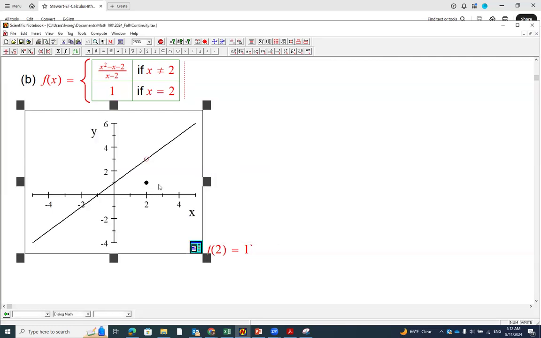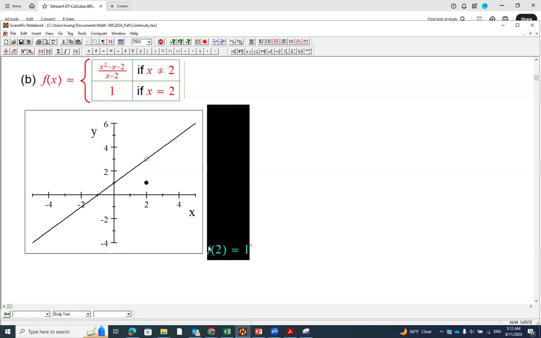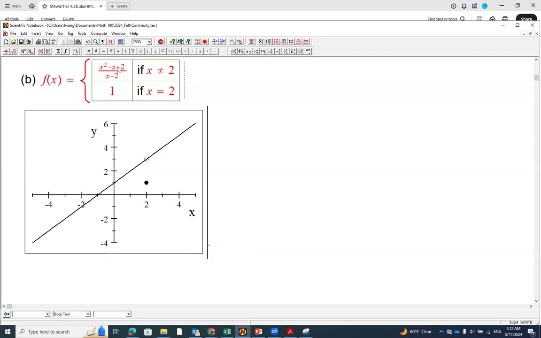As soon as we see this, we know what the problem is, because we analyzed our situation. I'm going to put this, it's not necessary, just to make the point. It tells the reader that I know f is defined at 2, but it is not the limit of the function. So in this case, the first condition